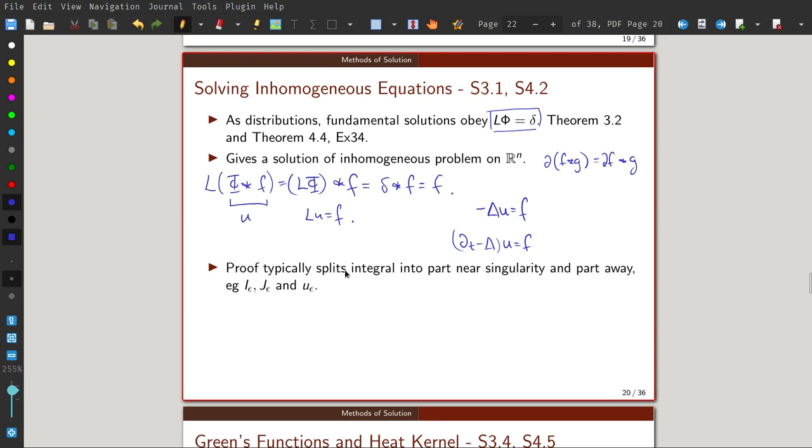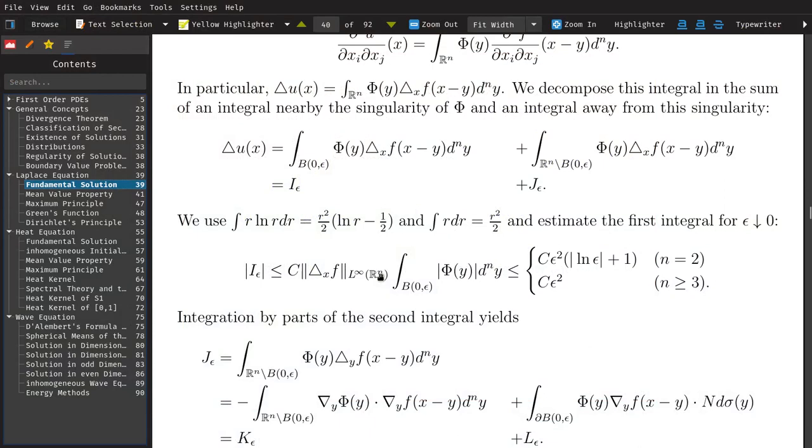The main problem is that the fundamental solution does have a singularity, right? That's not so much a problem for defining the integrals because it's only 1 point, so that doesn't change the definition of the integral so badly. But to prove some sort of convergence results, you do need to do some analysis. And the way to do this is typically to split it up into a ball that surrounds the singularity, a ball of, say, radius epsilon, and a part away from that ball. So if we look in the proof of